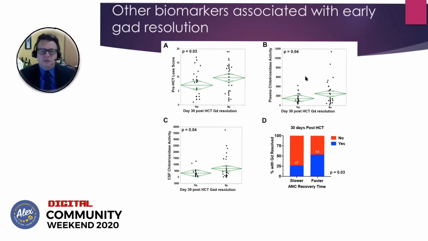We've looked at it in the plasma and in the spinal fluid, and that turns out to show us that if you have lower levels of plasma and spinal fluid chitotriosidase, you're more likely to have early